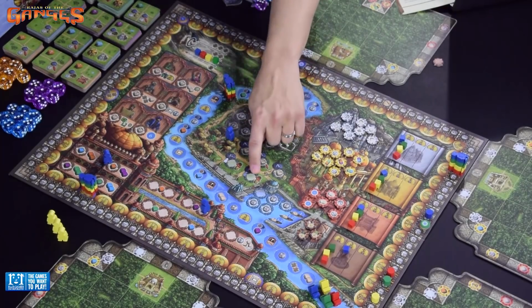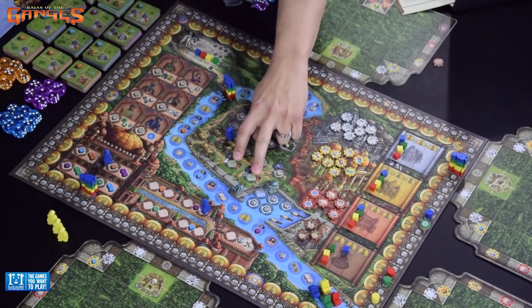Now, we've played this multiple times 2-player, and I want to try new strategies, but I always fold back into the same strategy, and that is doing a very heavy money strategy because it works flawlessly every time that I've played it. And the trick here is that you want to move up your money as quickly as possible by going to these locations. These locations are a problem for me for the simple fact that you get to, if you've built